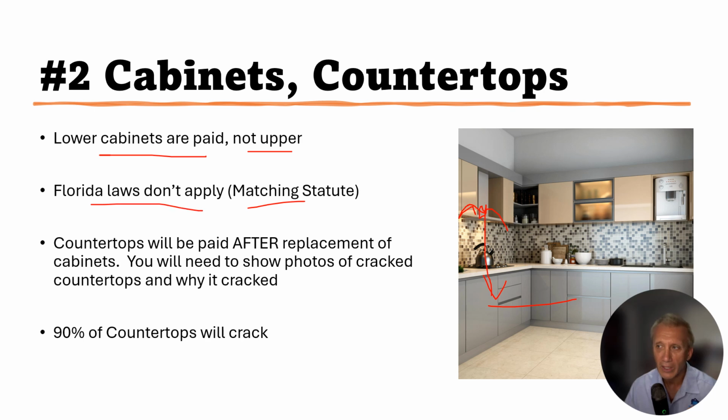So the Florida laws don't apply because, again, why? Because the NFIP and FEMA is a federal policy. It's federal. Federal laws apply. Hence the reason why, as I mentioned to you on the other side, attorneys don't want to handle it. So now what I'm hearing,